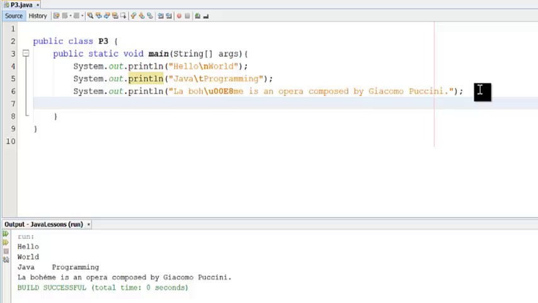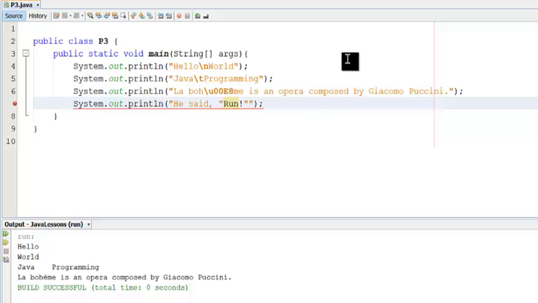So if, for example, we try to write system.out.println, he said run, but we want to make run displayed actually enclosed in inverted commas. If we write an inverted comma there and another one there,